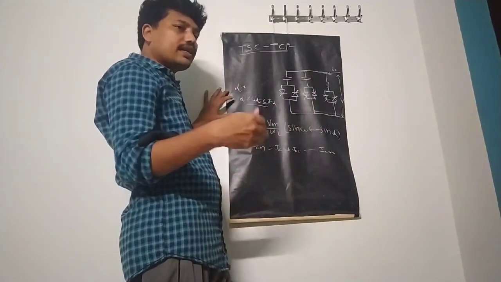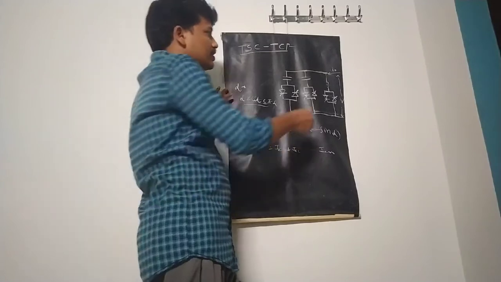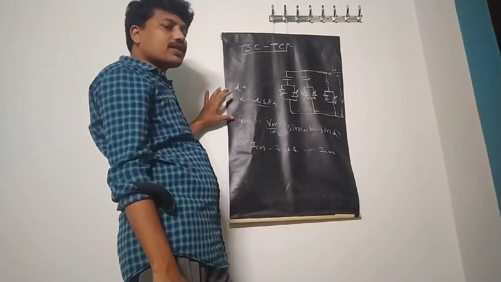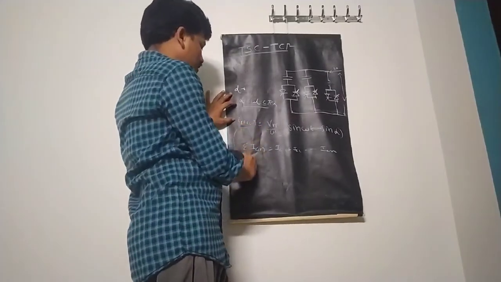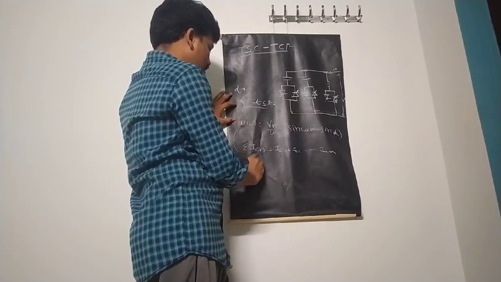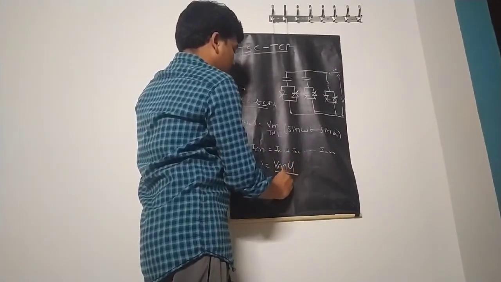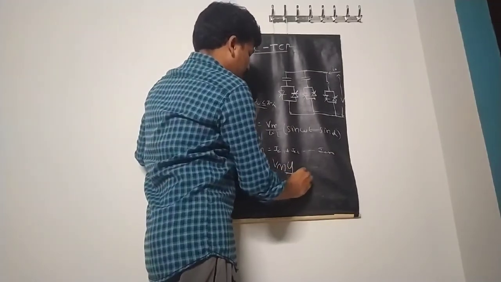If alpha is greater than 0, that means it leads to discontinuous operation. Therefore, there is a possibility of non-sinusoidal current flowing through the system. Due to this non-sinusoidal current flowing through the system, the I_L of alpha now changes from I_L1 of alpha is equal to Vm into 4 by omega L